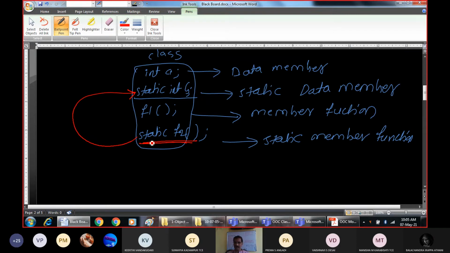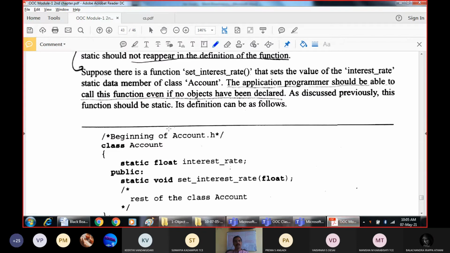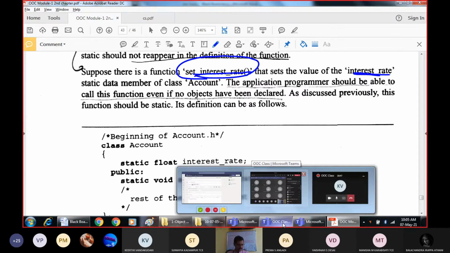The purpose of the static member functions is they should access only the static data members. So suppose there is a function called set interest rate. That means in our example, we are taking the interest rate as the static data member, and we are creating a function called set interest rate so that it can modify the interest rate. Earlier, we have set the value of static data member interest rate as